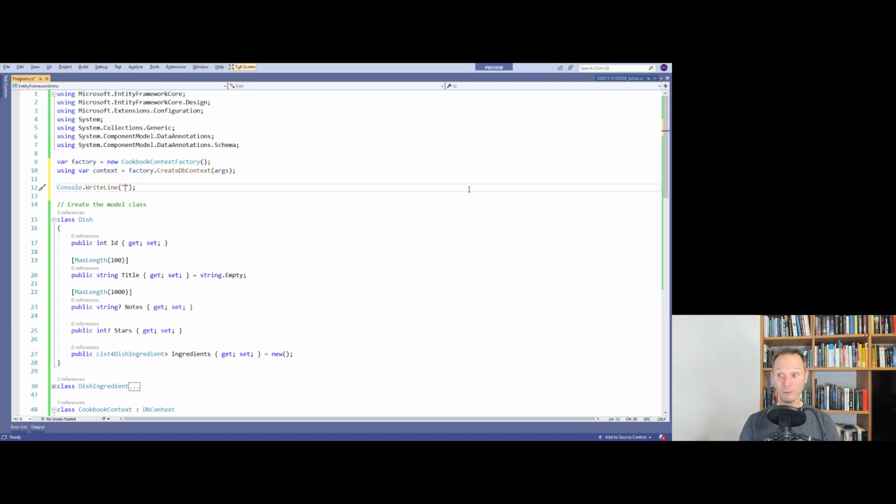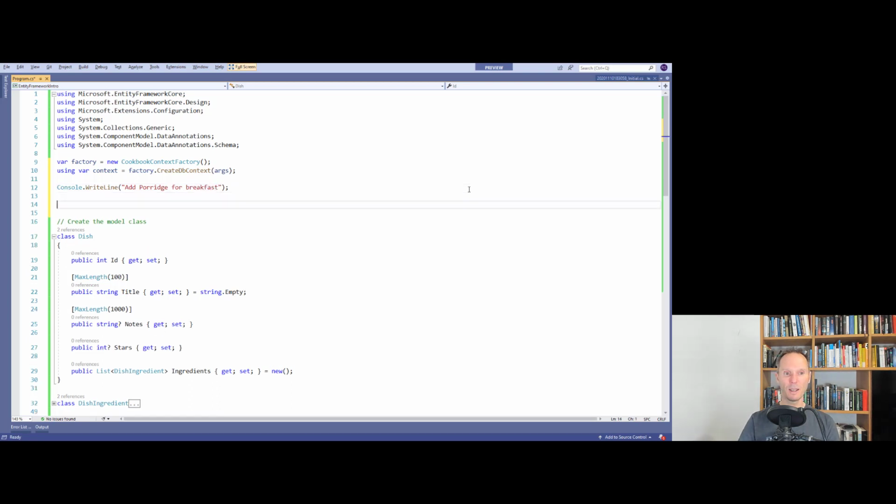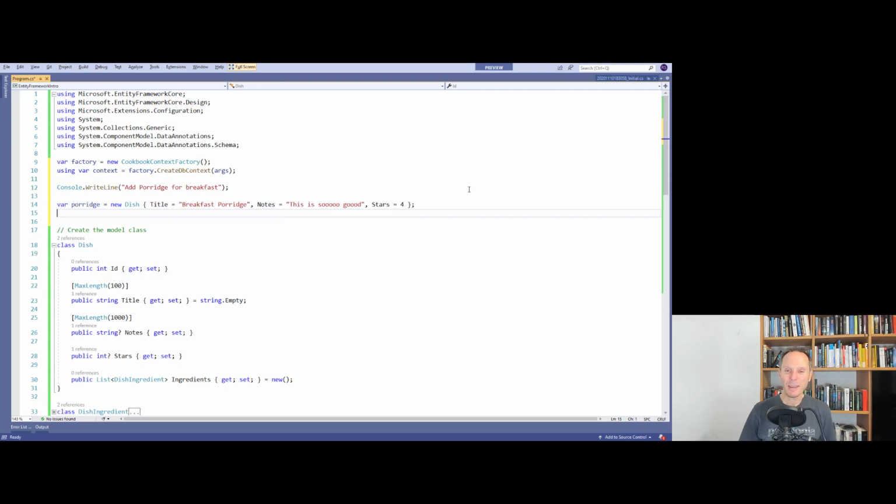dish for breakfast. We will add porridge for breakfast. Good. The first thing is we want to add some data. So let's create porridge, a new dish, and this dish has a title. This title is breakfast porridge, notes. This is so good. It has stars. Let's start with 4 stars, okay? Because we need to be able to change something, and of course we'll switch it to 5 stars later on,